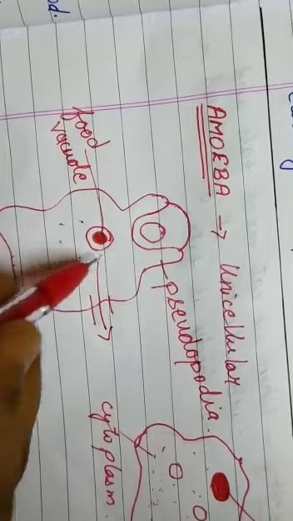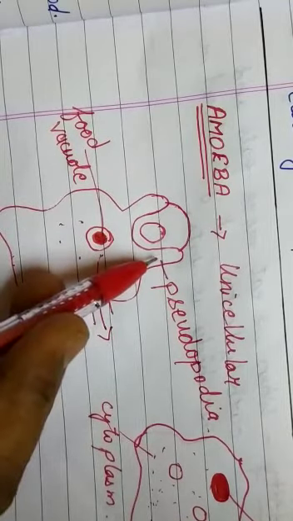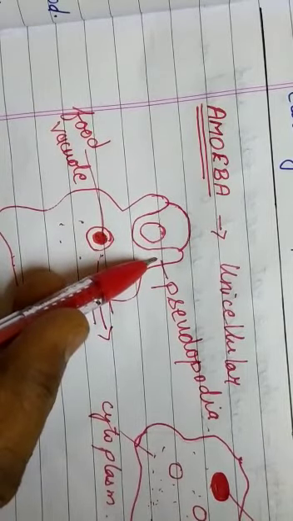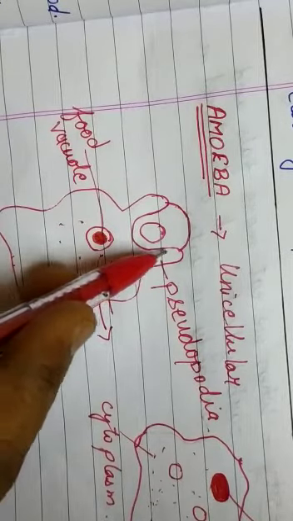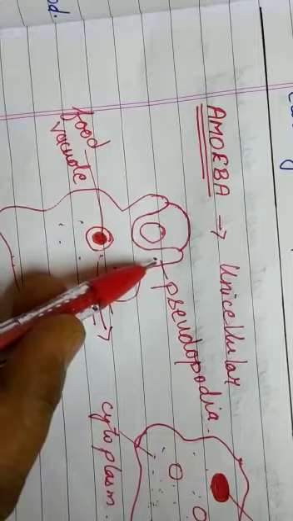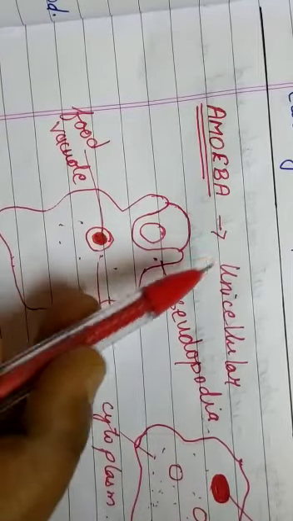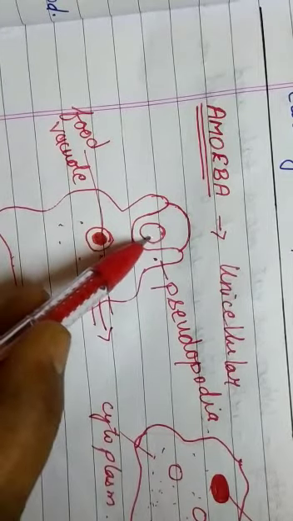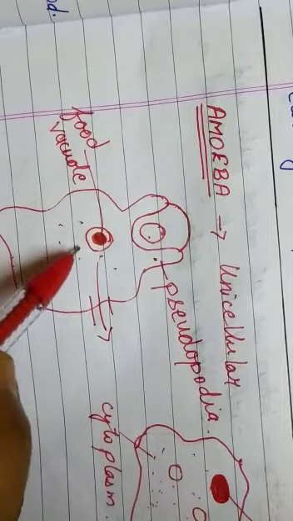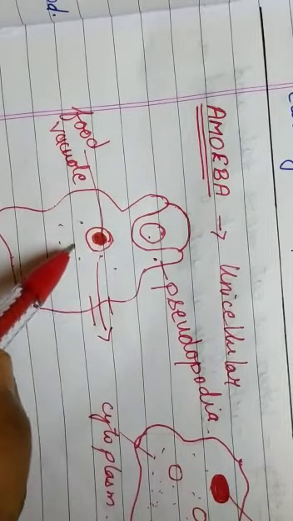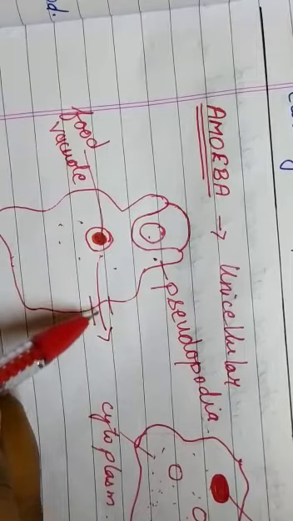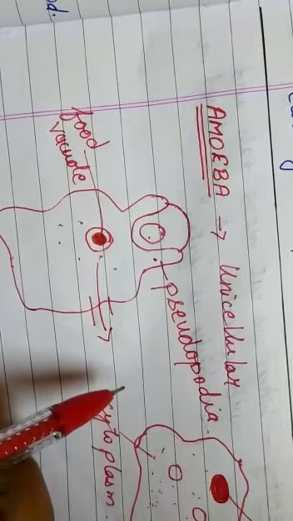So, what is pseudopodia? Pseudopodia is the false feet. That means whenever it sees the food particle, this pseudopodia can come out from any part of the amoeba and it will take in the food, and then the procedure of all the nutrition takes place, and then it is thrown out finally again from any part of the body.